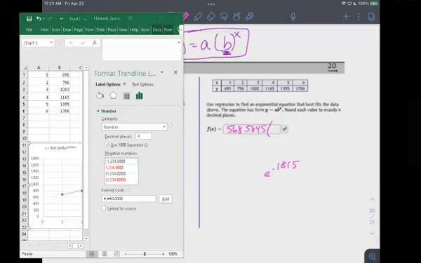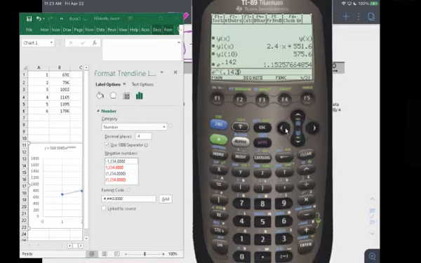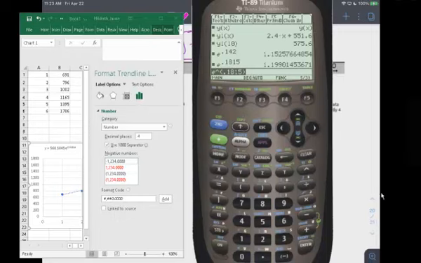So I'm going to go into my calculator and evaluate what that is: e to the power of 0.1815. It's 1.1990. So that's going to be this base, 1.1990 to the power of x. All right, so I didn't give you any